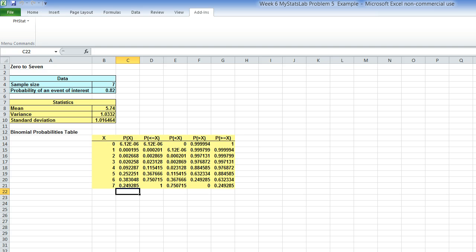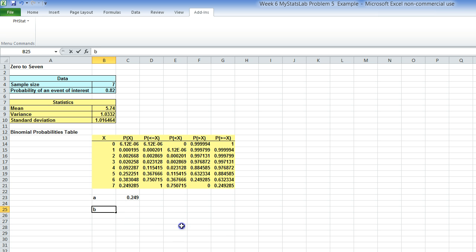and we want to interpret what we're being asked for. In part A, we want to see if all 7 serves are in. So the sample size is 7, the probability is 0.82. We want to see if exactly 7, so we're looking at P(X), not P less than or equal to X or anything else. We're looking at exactly 7, so this is going to be the answer to part A of the problem, 0.0249285, and again you want to round this down to the specified number of decimal points, and you can use